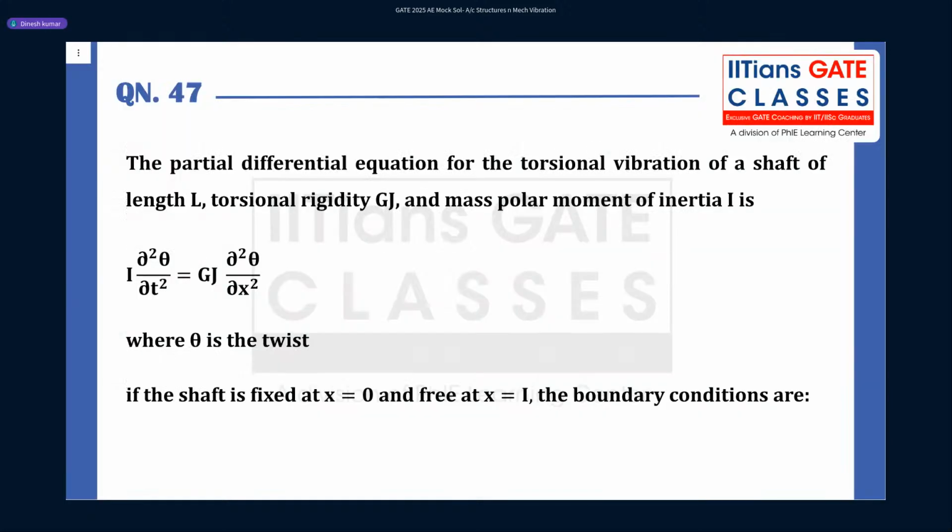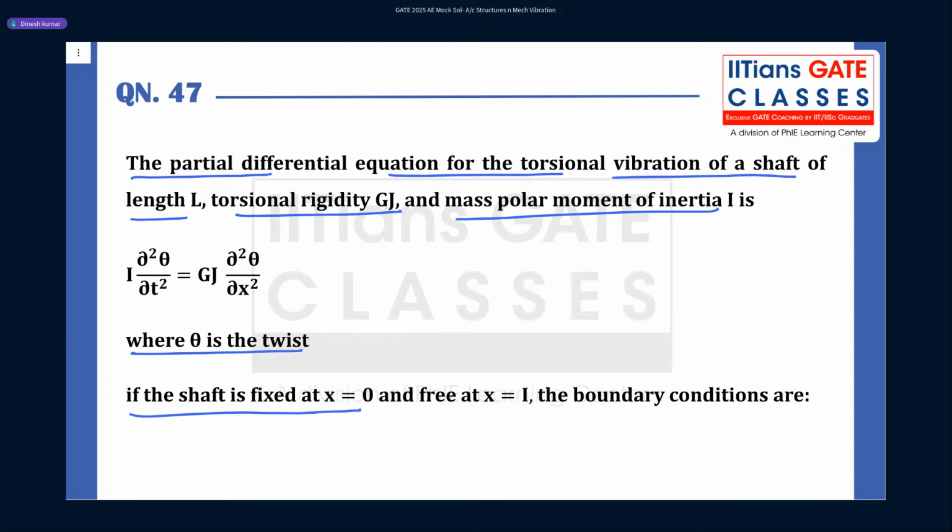What does it say? The partial differential equation for a torsional vibration of a shaft of length L, torsional rigidity GJ, and mass polar moment of inertia I, where theta is the angle of twist. If the shaft is fixed at x equal to 0 and free at x equal to L, the boundary conditions are. So guys, in case of